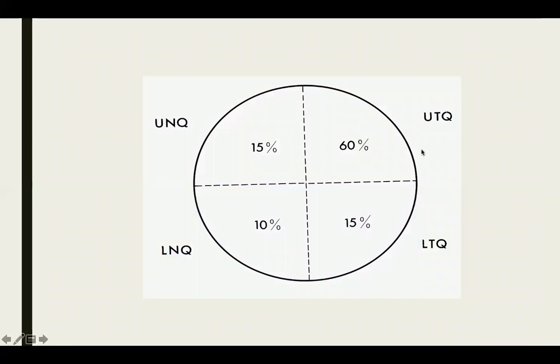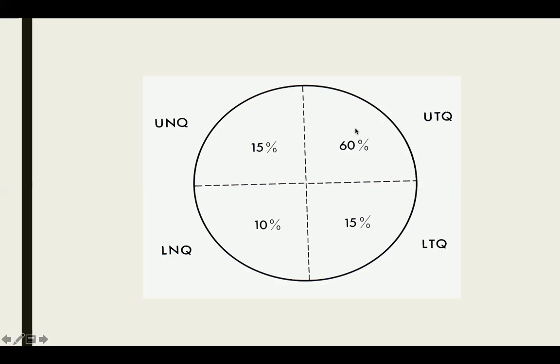This is the normal distribution of retinal detachment: the upper temporal quadrant is most commonly affected, and mostly we find the break in the upper temporal quadrant, in 60% of the cases. Upper nasal quadrant 15%, lower nasal quadrant 10%, and the lower temporal quadrant 15% of the cases. So the most common location for retinal break formation is the upper temporal quadrant, and whenever a break